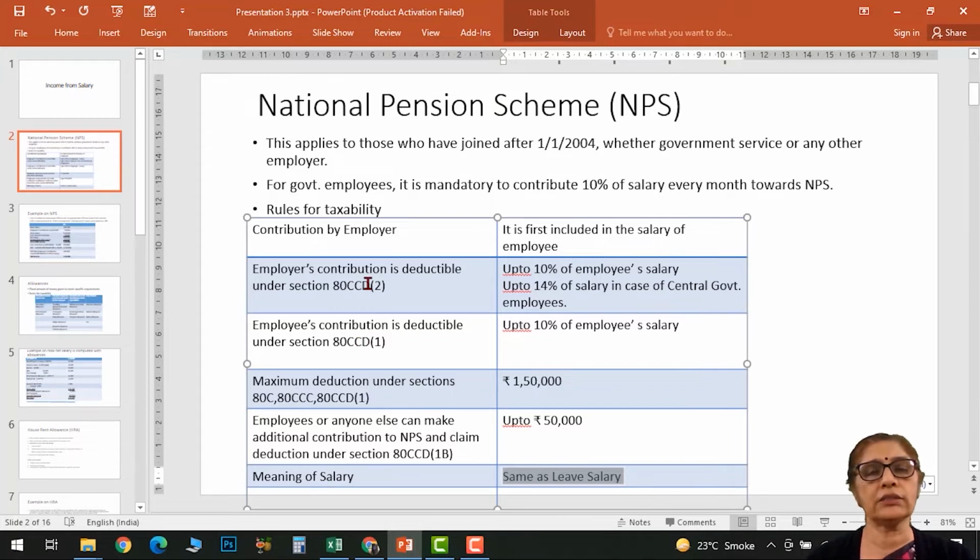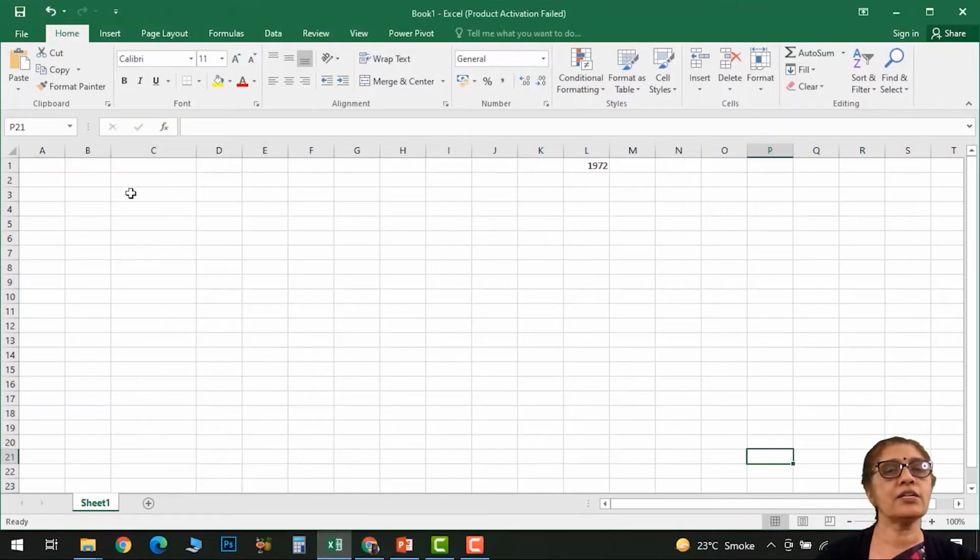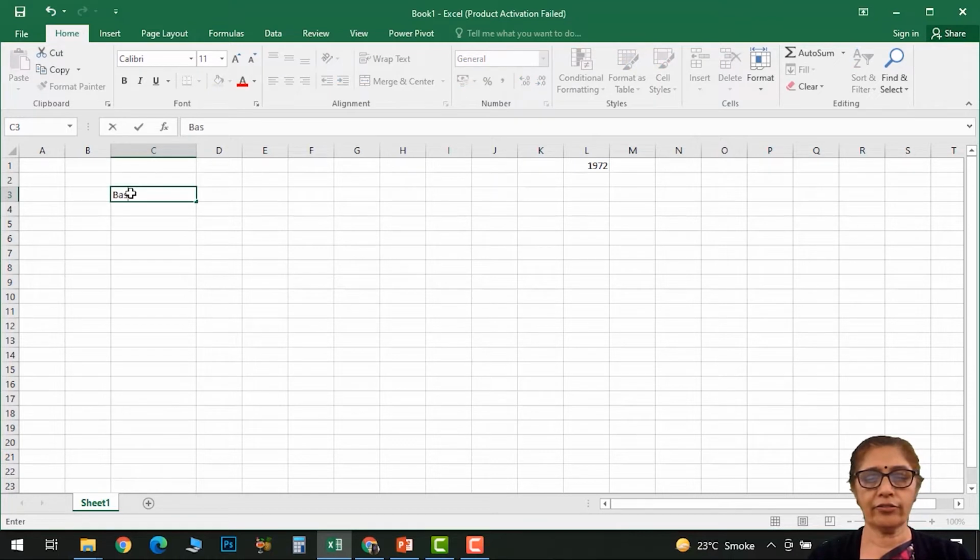As much as DA is a part of salary, we have done questions before, 30%, 20%, 40%, whatever, that much of DA we shall consider for the purpose of deductions. So how do we deal with NPS? NPS is a scheme where the employee contributes 10% of his salary towards NPS and the employer also contributes a percentage of your salary to NPS. So when we talk of NPS, let us say we have